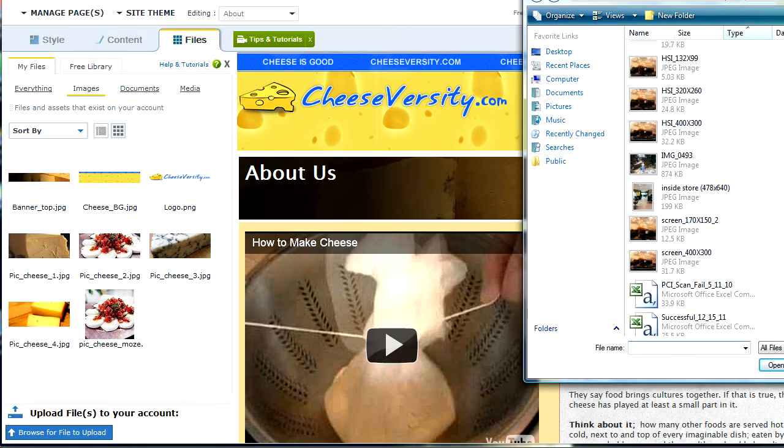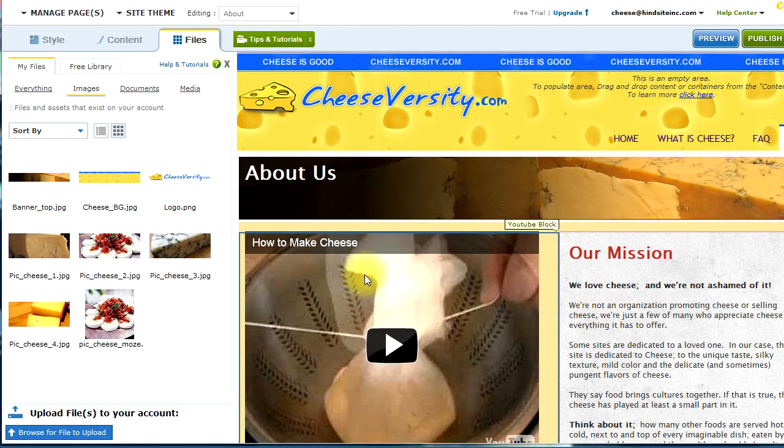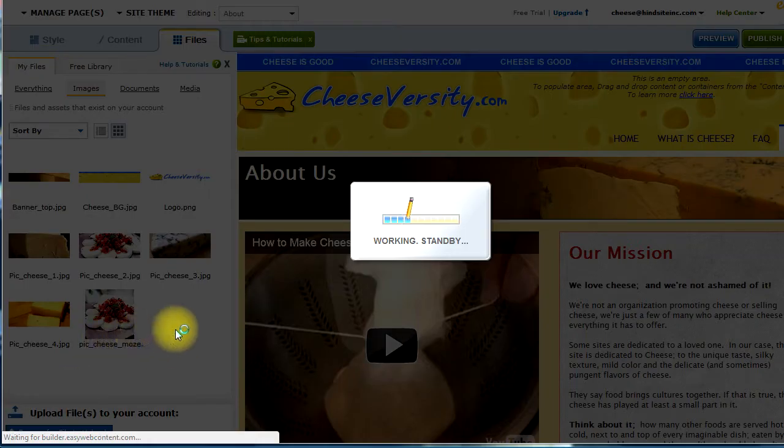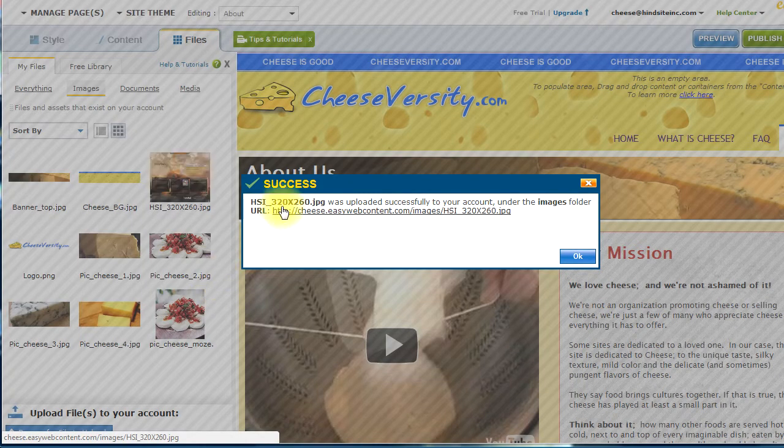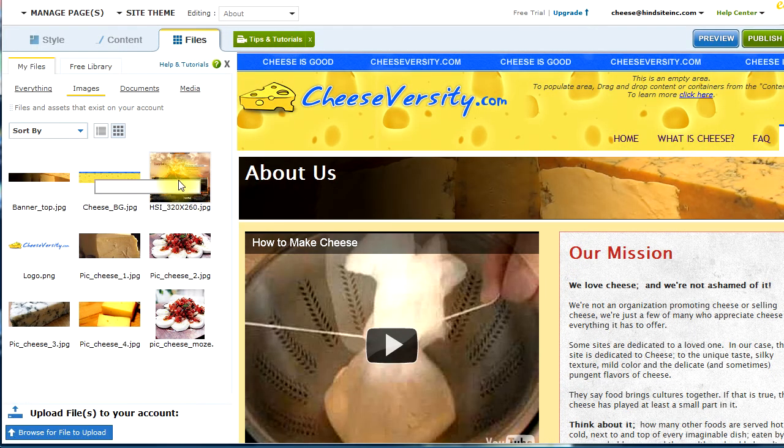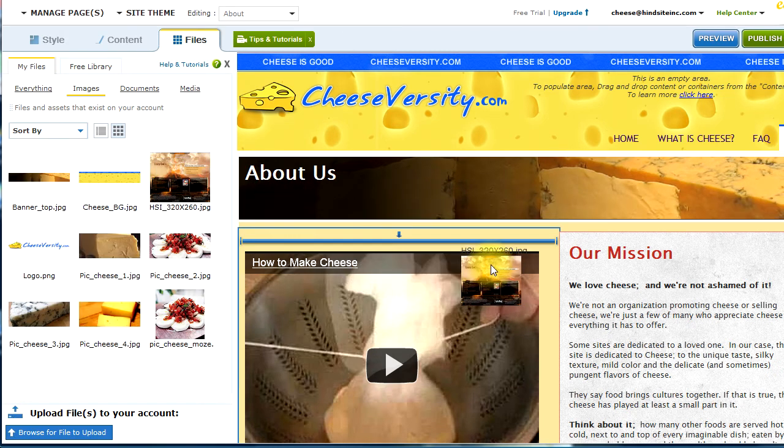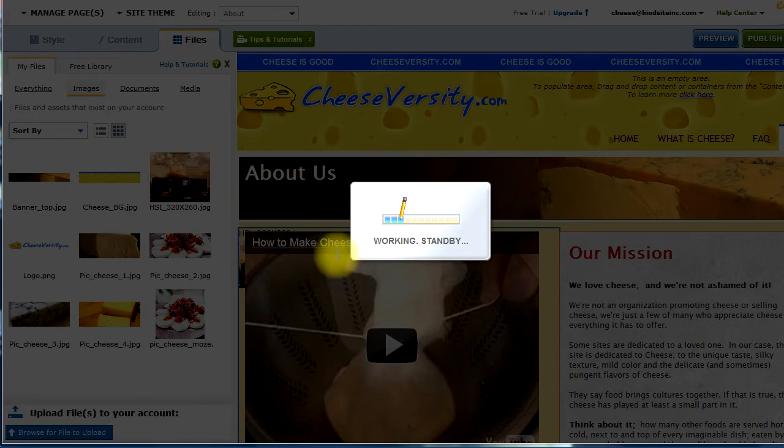And I will simply select the file from my directory, and I will upload it to my website. And there it is. It gives me the file name, and it was successfully uploaded to my site. I could click to preview it, or I could see it right here on my site. Now what I can do is drag and drop this object to my page,